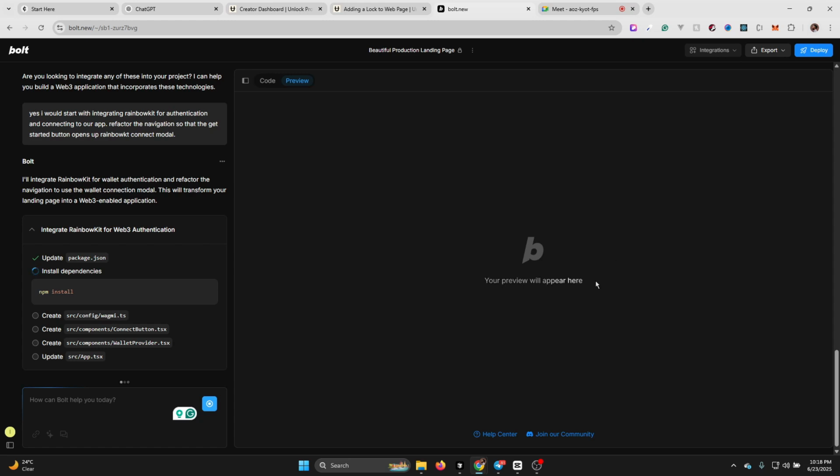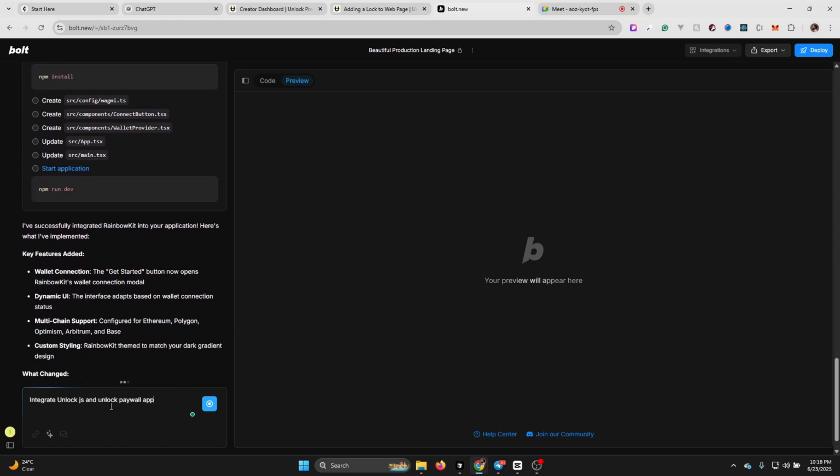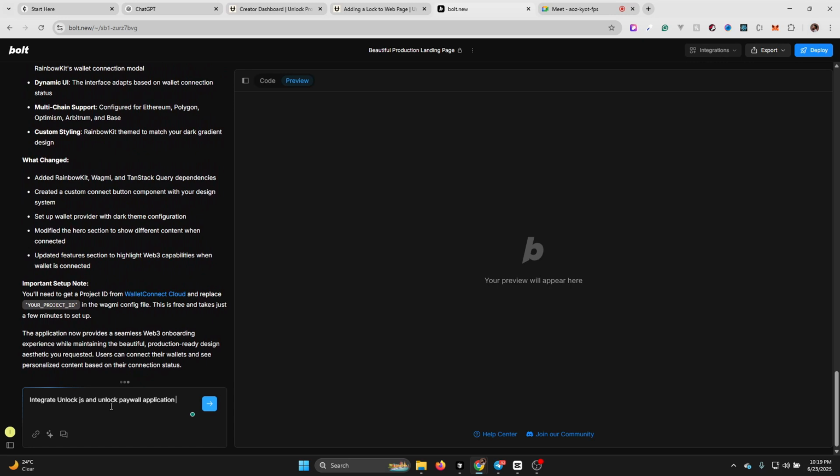So I'm still waiting for this to go. Well, I could start typing this, making up the prompt. So: integrate Unlock JS and Unlock paywall application to the app